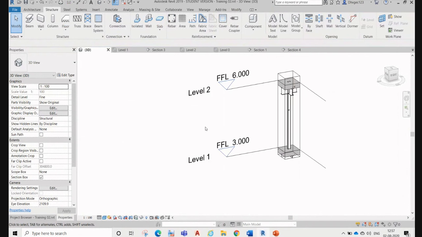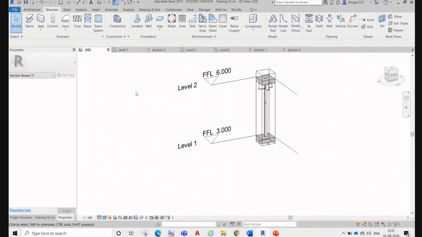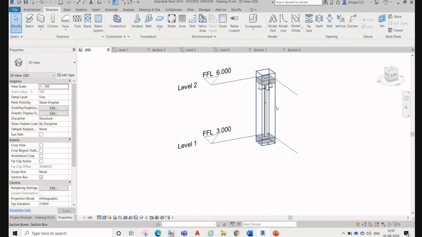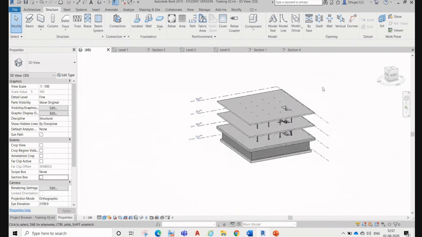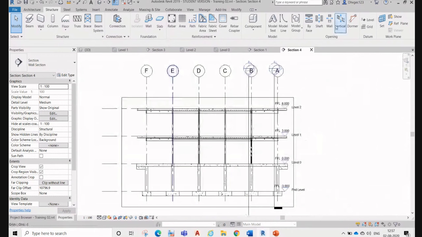Okay, so what you can do, either you can select this, and if you are in crop view, you can just go here and check. You can uncheck the section box, right? So just now you will see everything over there. Okay, so this is how we can use our face opening, shaft opening, and wall opening.